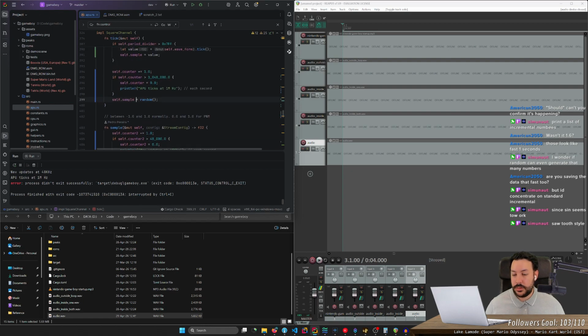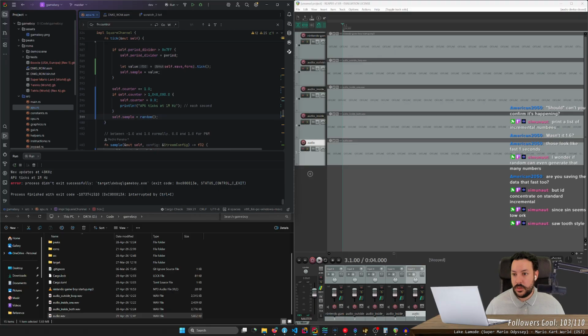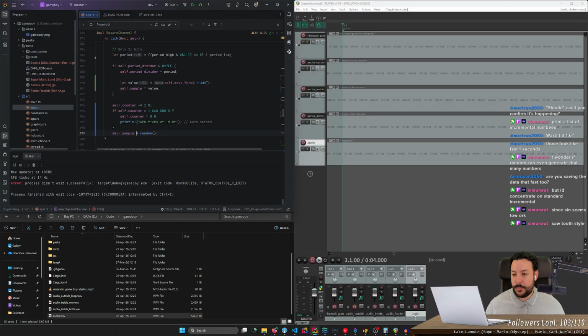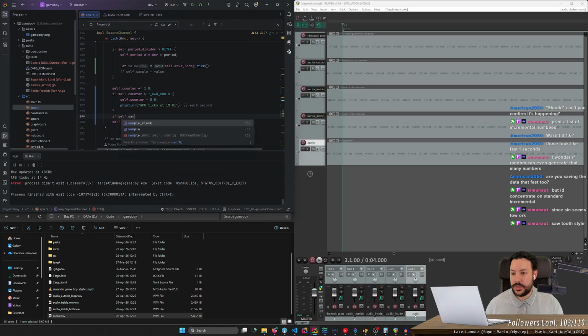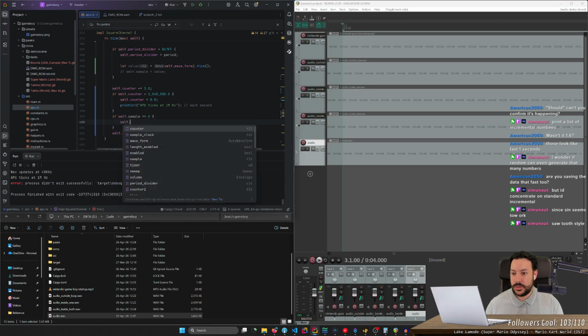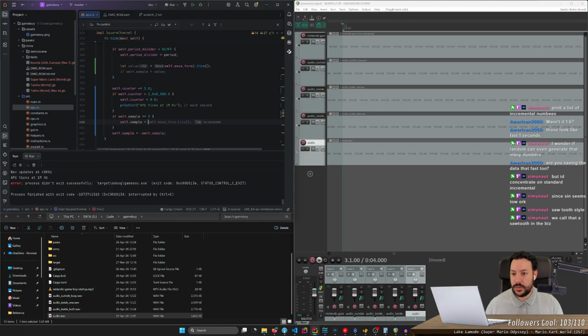But okay, let me do this. Self.sample equals minus self.sample. So this should spike. If self.sample equals 0, self.sample equals 1.